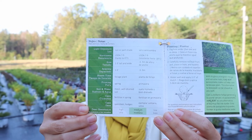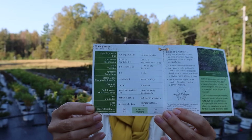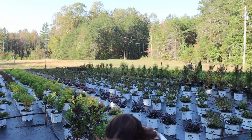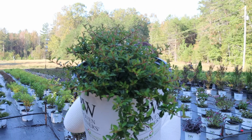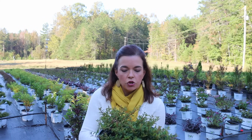It is hardy in zones 7 to 9. It is only going to be 1 foot tall and 3 feet wide. Again, it is a gorgeous evergreen shrub. Now, this is one of those that we were growing as little quarts. Gosh, we planted it up back in like July, but you can see the habit on this is very low